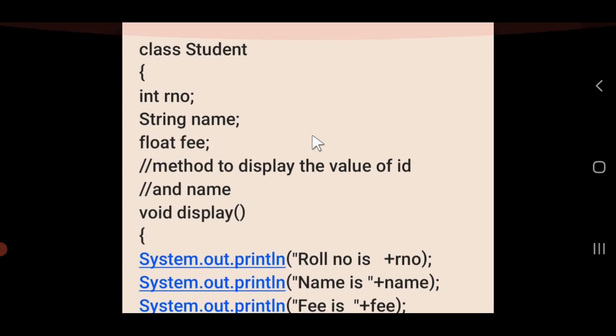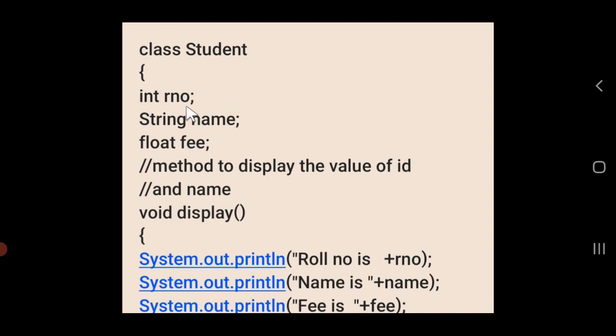What this class is actually representing is a student. Just look at the name of the class, that is student. Every student has got a roll number, so RNO is there. Every student has got a name, so name is there. Every student has to deposit the fee, so fee is there.